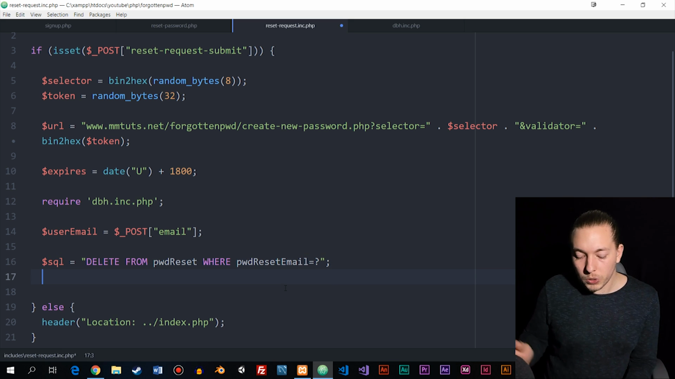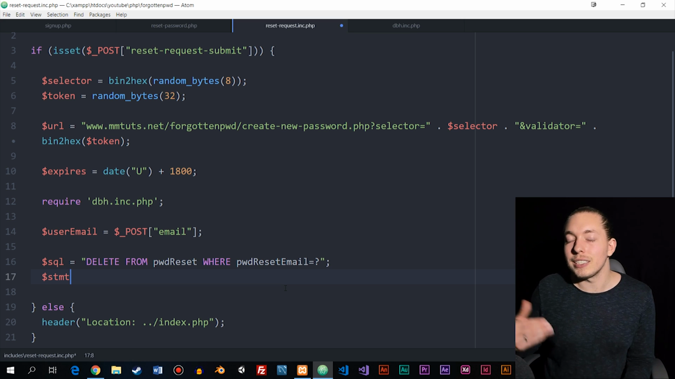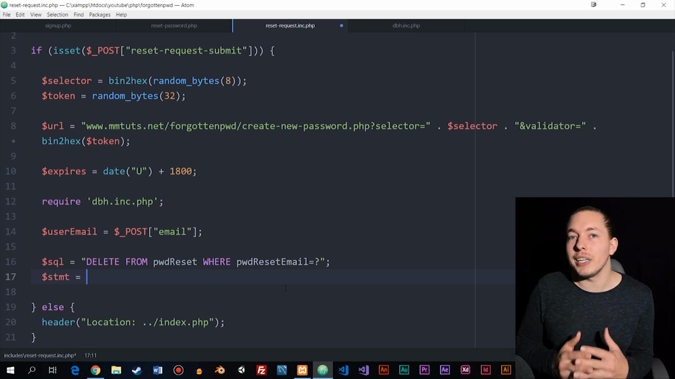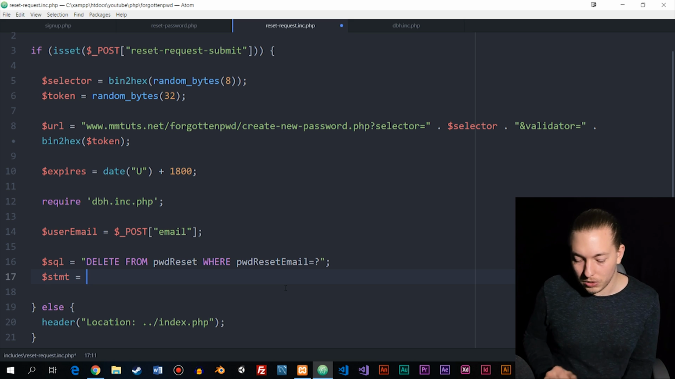Next thing we need to do is create a prepared statement. So we can actually do this. We're going to create a variable called STMT, which stands for statement. And we're going to go ahead and initialize a new prepared statement using the connection from our database. So we're going to say